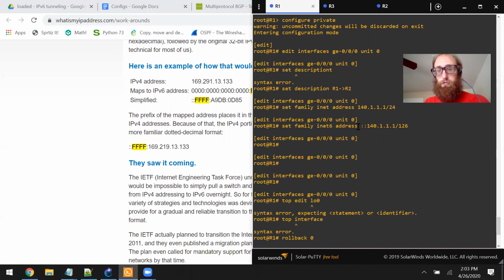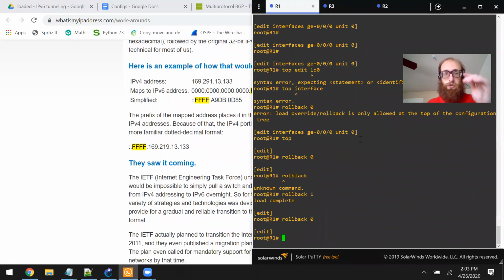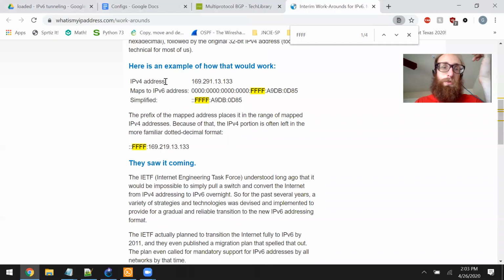Okay, so it looks like we're not going to have to do that rollback, because we're going to see this quite a bit in this exercise. So let's just keep working through this exercise and have in our minds the mechanism for